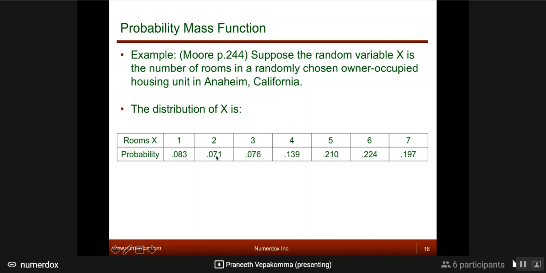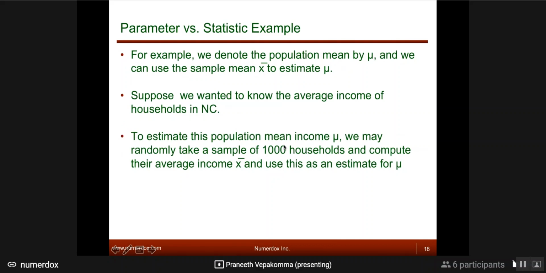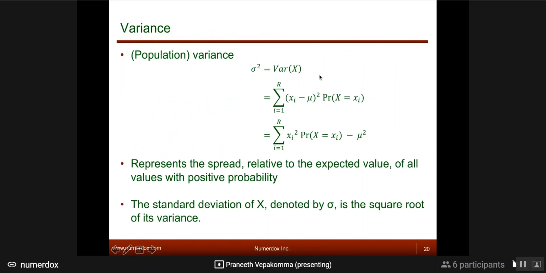1 times 1 by 6 plus 2 times 1 by 6 and so on until 6 times 1 by 6, and you add them up. You'll get the true answer of what would be your average number if you had rolled the dice forever. So that's a great example for a good statistic, right? You're getting the exact estimation of your population mean from this formula, which is the sample mean. So that's also known as expected value in statistics. This just means mean or average in general.